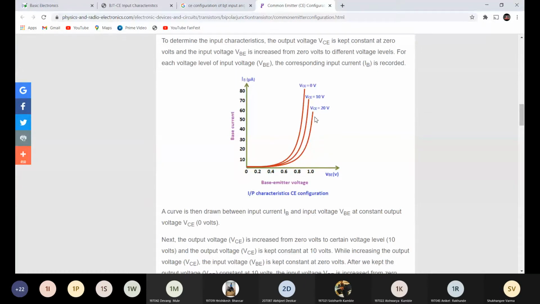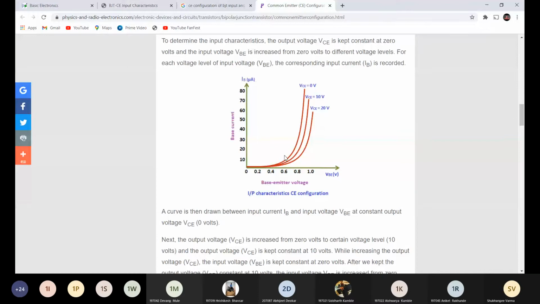As we increase the input voltage, the current starts flowing through the transistor and after 0.6 to 0.7 there is an exponential increase in the input current. Okay, so this is the characteristic when the output voltage is 0.